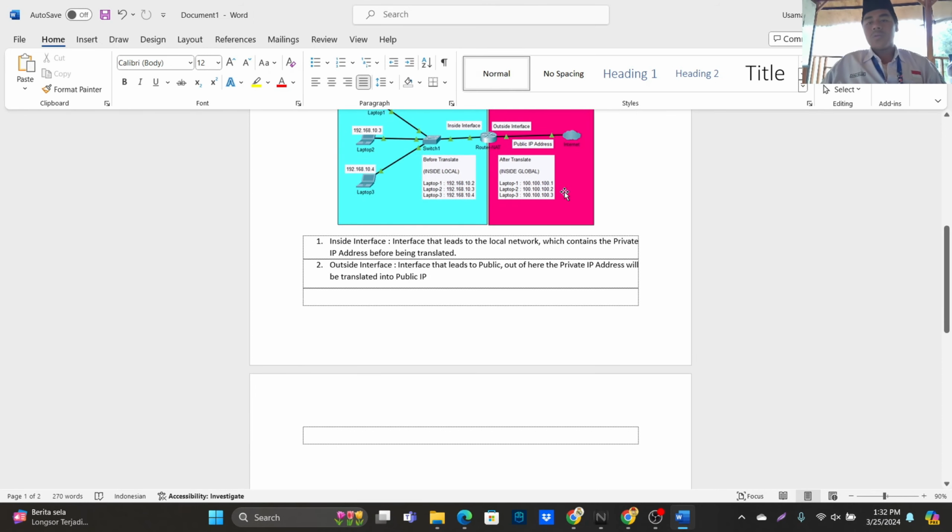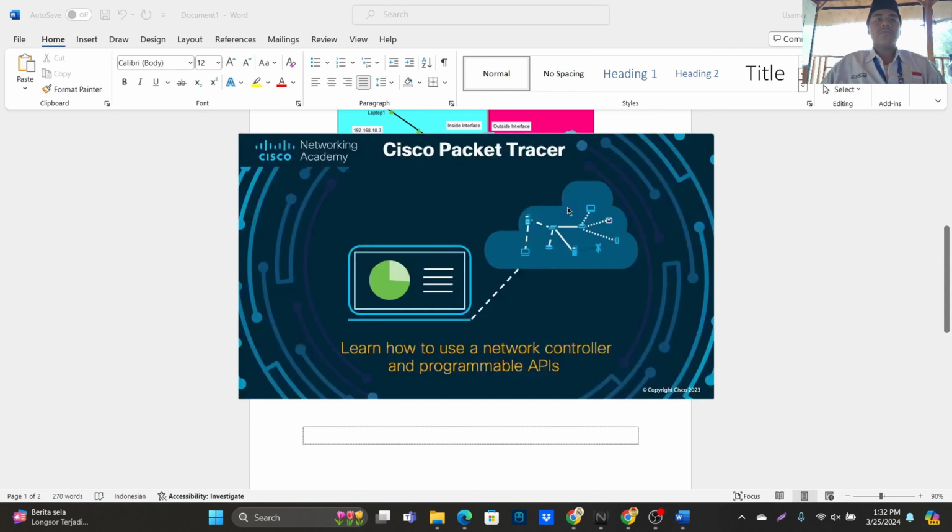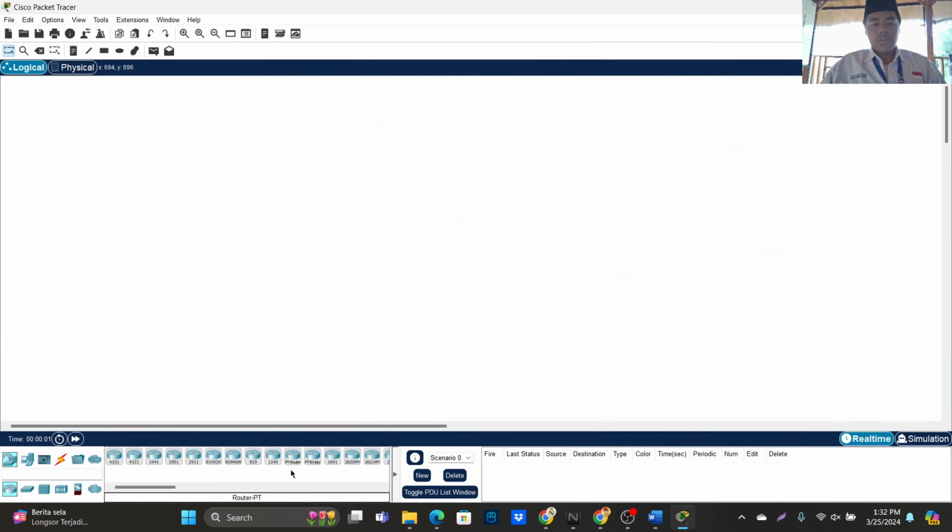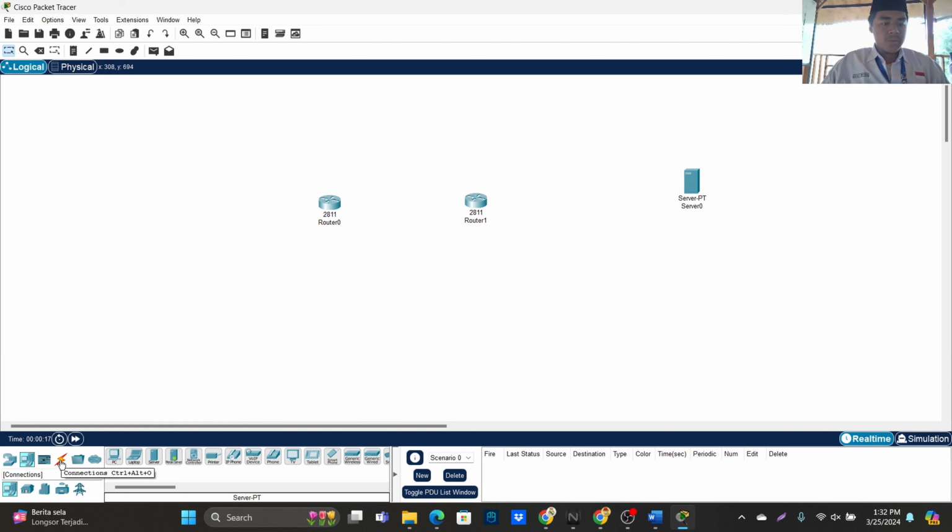Okay, now we go to the lab, static NAT. First, open Cisco Packet Tracer. Then we'll use two routers, one server, one switch, then three clients.